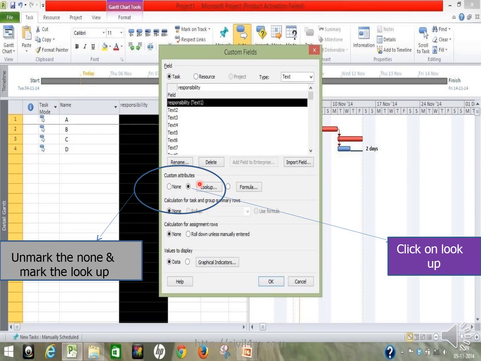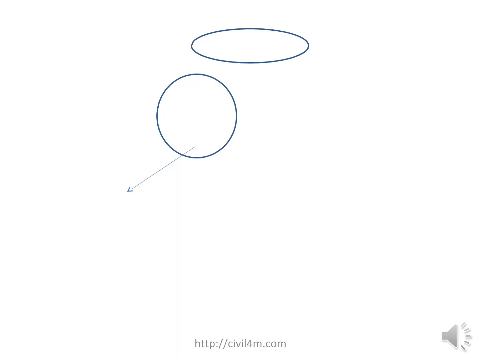Now we go to the custom field. As soon as you enter the custom field, unmark the none column and mark the lookup. Okay, click on lookup and say OK. So the lookup will be coming down.